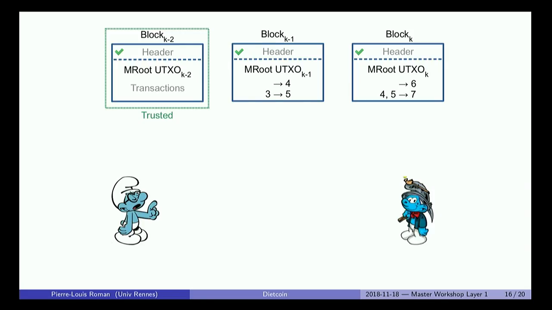Here we just have 3 blocks, and you're going to trust the one on the left, so we don't care about its transactions. You just trust it because you're going to need the Merkle root of the UTXO set in it to verify the next one. So the first thing you're going to do, as someone very suspicious, is apply the sharding policy to the block in the middle. So we replace 435 with the